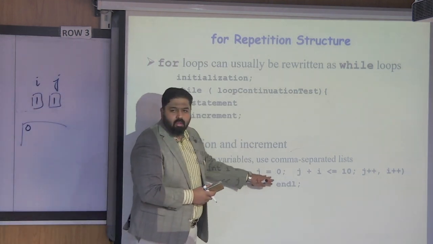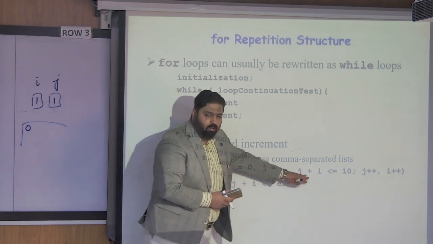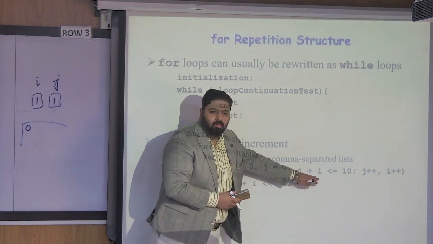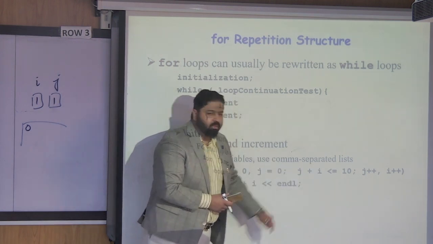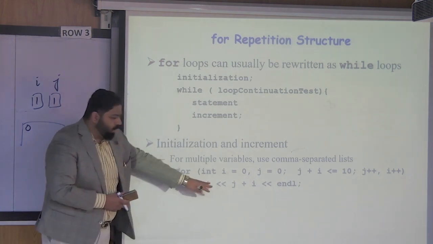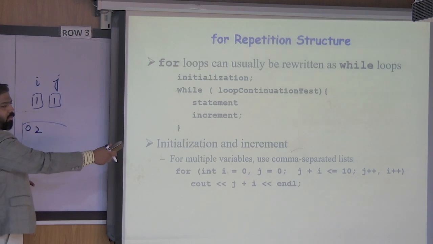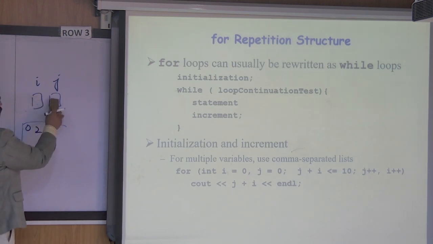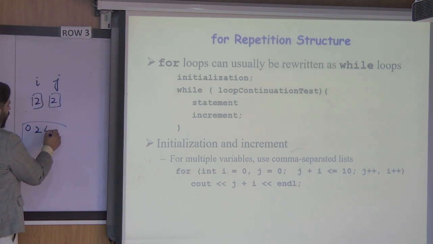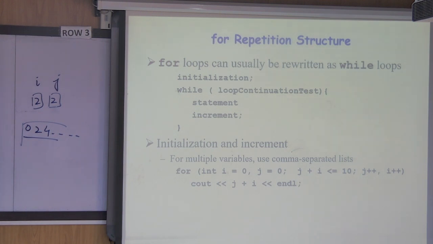Condition checker. j plus i becomes 2. 2 is less than equal to 10. 2. Display. Increment. क्या डिस्प्ले होगा? क्या डिस्प्ले हो रहा है? इवन नंबर्स को हमने डिस्प्ले किए यूजिंग दिस वे।